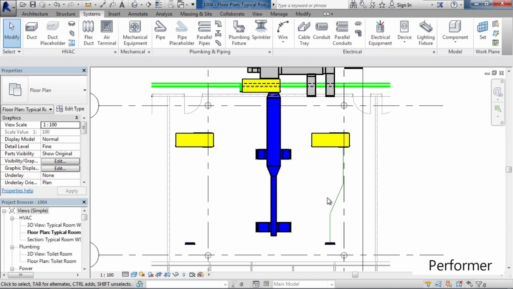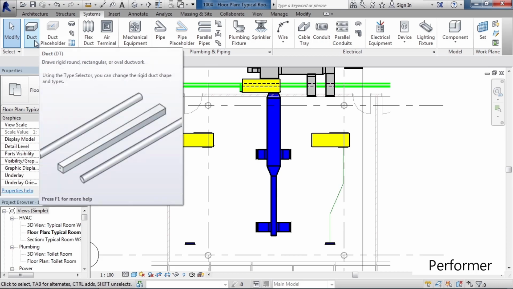But as far as placement, if I'm manually clicking points, it is placed the same way as a regular duct. So in this lesson here, we're going to look at placing a regular duct from a diffuser to our air handling unit. And we'll use those symbols on our very left. So to place our duct, let's go to the Systems tab, and then on the left in the HVAC panel,